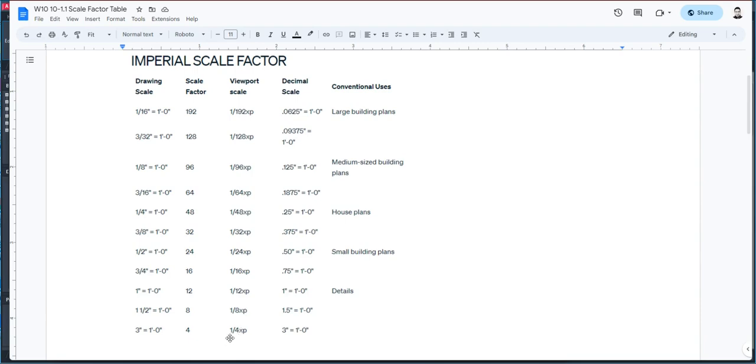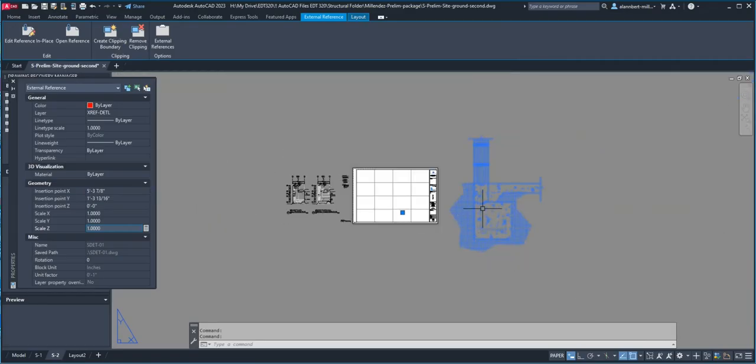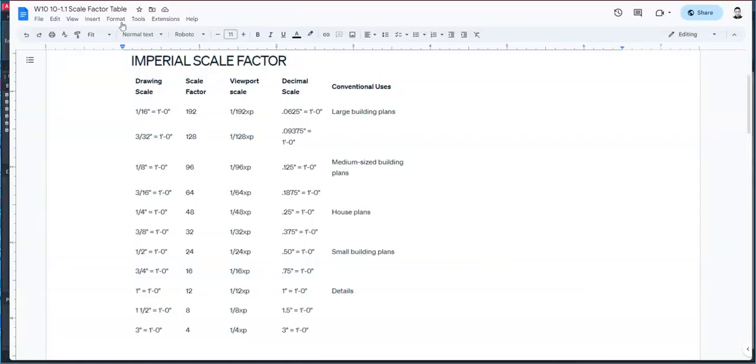In AutoCAD nowadays, you can just choose a viewport scale. So you can see this is the actual drawing, 1:1. And if we want this drawing to fit into the sheet, we can't do a 1:1. We have to scale it down. Okay. So if we go back to our scale factor table,